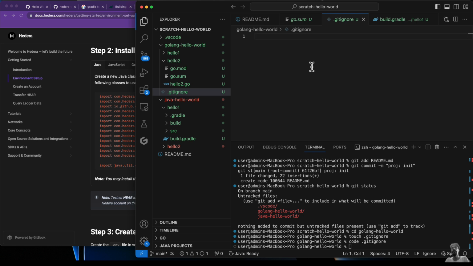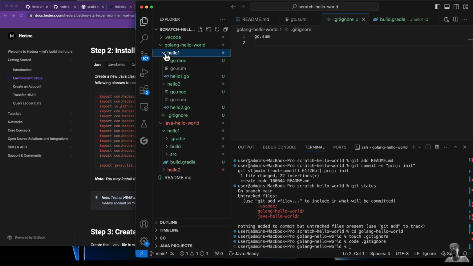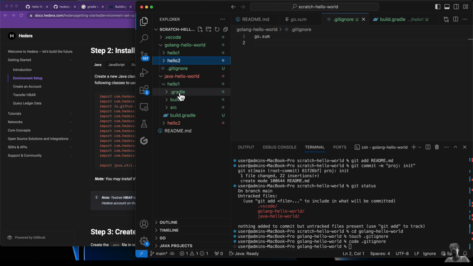And what I'll do is any file that is go.sum, I'll ignore it, and so you can see VS Code has grayed out already. It's great. And then also I'll go to Java Hello World,